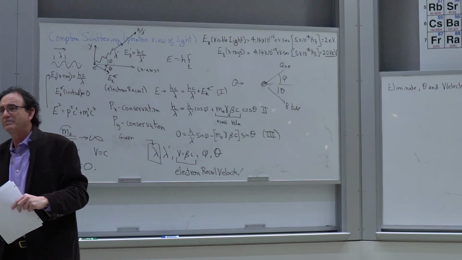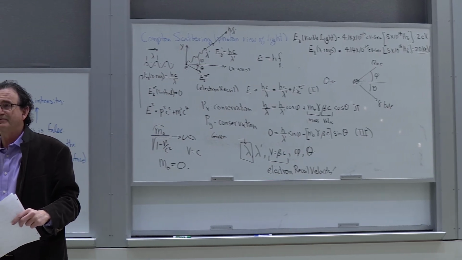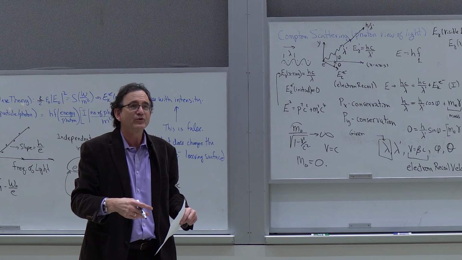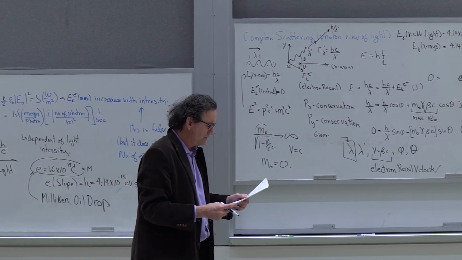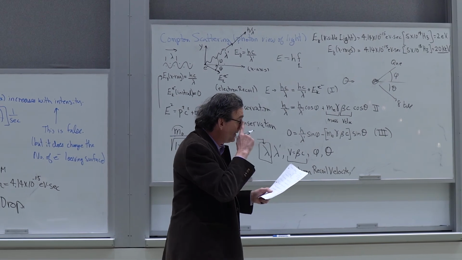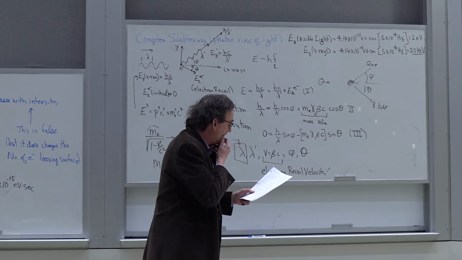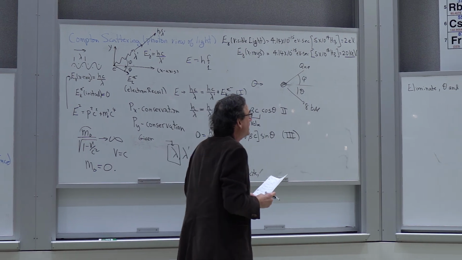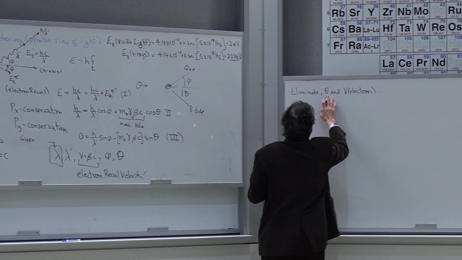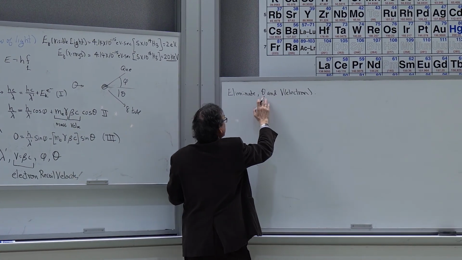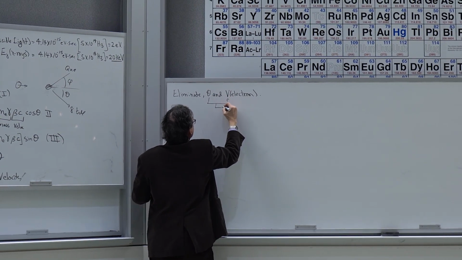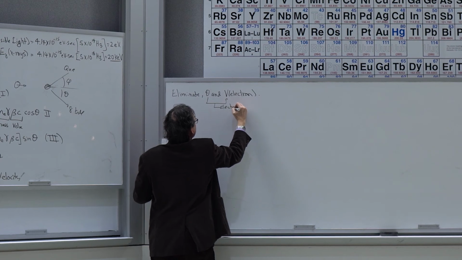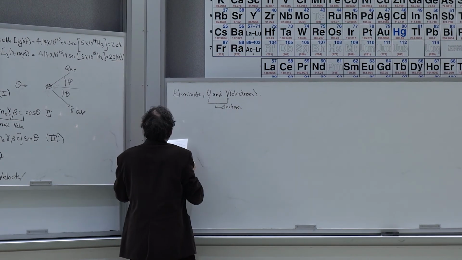People complain about long derivations and a lot of algebra. So I'm going to give you the answer, which hopefully is what you might want to use anyway. We will simply say that by eliminating the theta of the electron, so notice I'm eliminating the electron variables. Theta and V are both for the electron, right? So I do this for the electron, and I get that